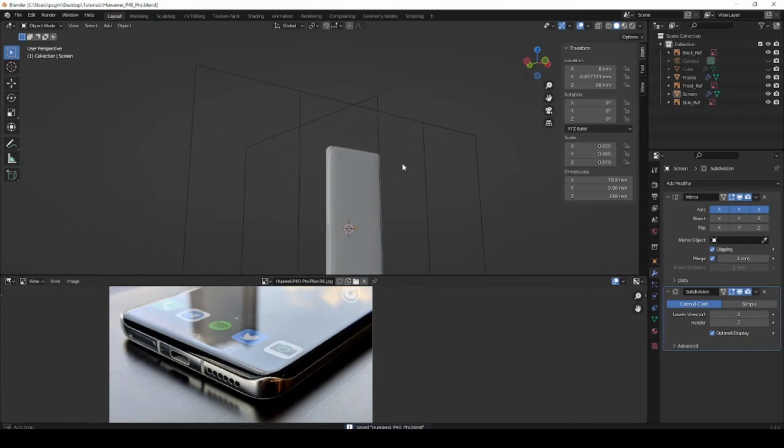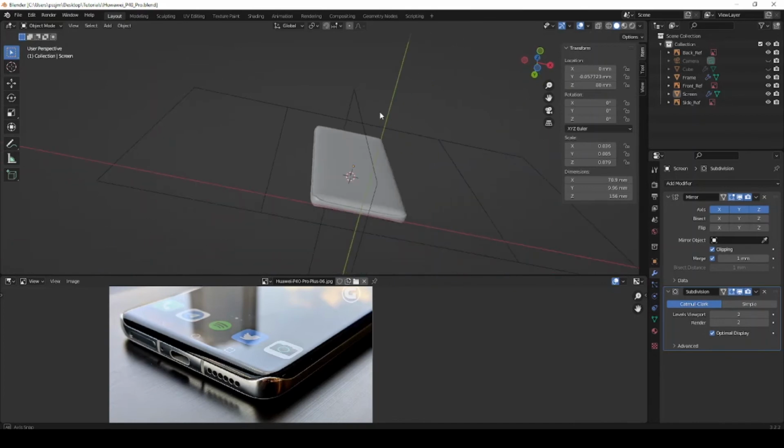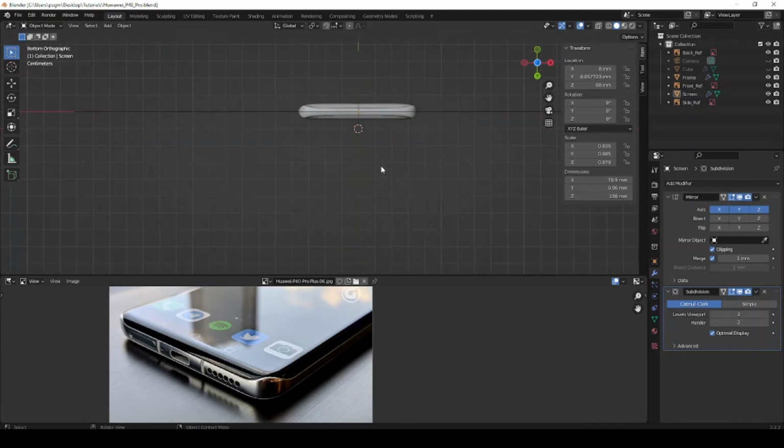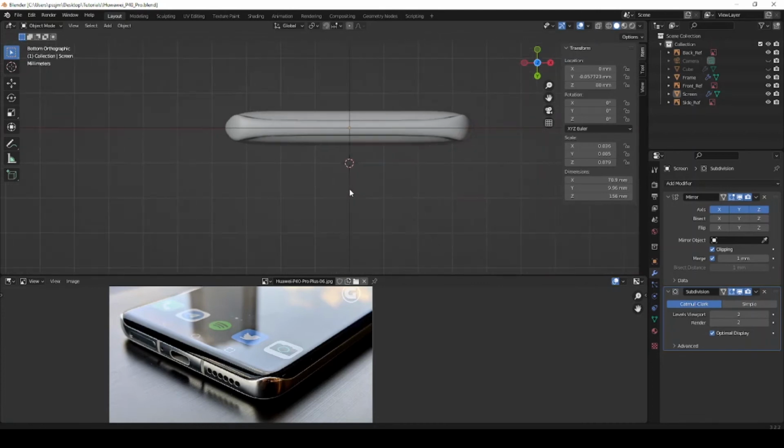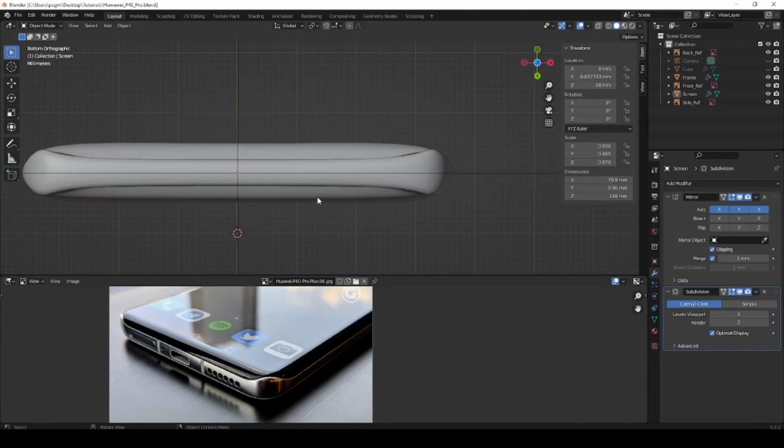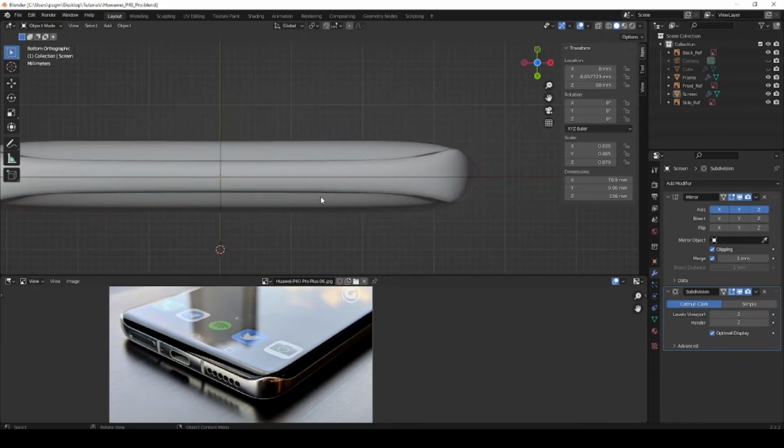I think this is the end of the tutorial. I'm kidding, guys. So we're going to have to come to the bottom of the phone. So let's see, Control 7. Now if we say Control 7 and look at this from a close-up point,